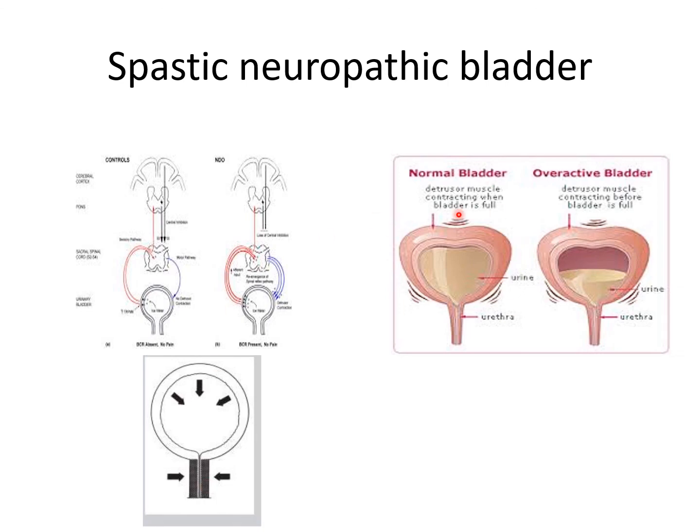You can see this is the normal bladder, which starts contraction when it becomes full of 400 ml urine, but in overactive bladder, or spastic neuropathic bladder or automatic bladder, the detrusor contraction starts even at a lower volume of urine. That is clear from cystometry. Normally at 400 ml there is a rise in the pressure, but in overactive bladder even accumulation of 200 ml of urine gives rise to a detrusor pressure of 30 centimeters of water. So that is about spastic neuropathic bladder.